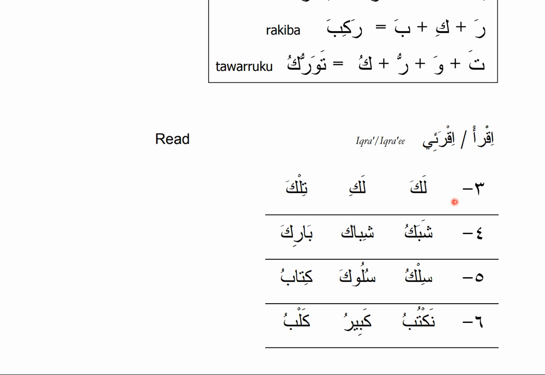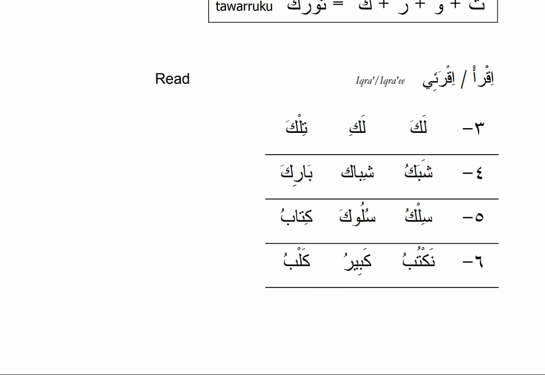So in the first line, you can see laka, lam is connected with kaf. When kaf comes as the ending letter, it will be written in its original form. Laka, laki, and tilka. Tilka means that. It's an ism ishara, a demonstrative noun. Then sheen, fatha, ba, fatha, kaf, dhamma, shabaku. Sheen, kasra, ba, and alif, and kaf. Shibak, barik,